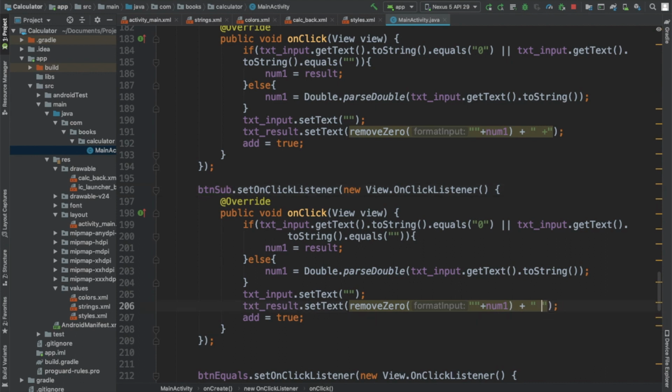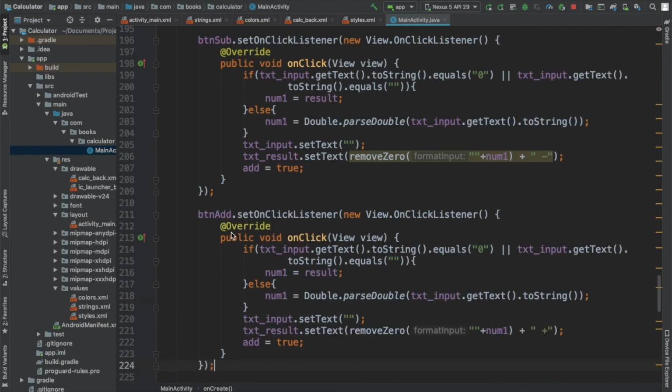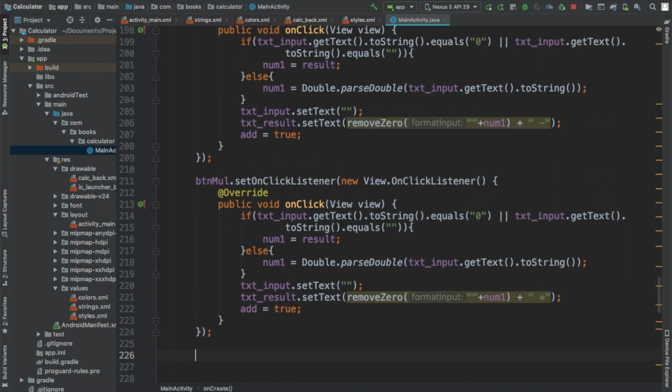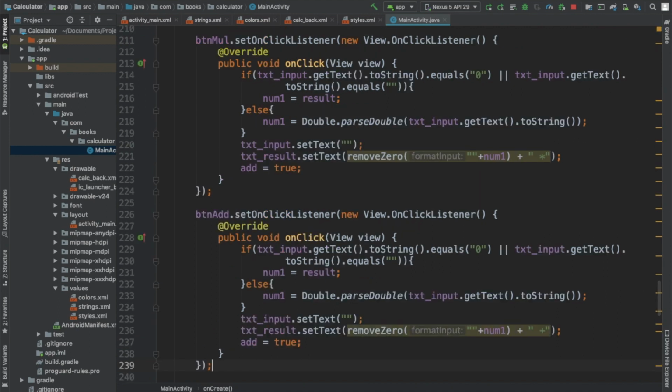This should be minus. I think so. This should be multiplication, and this should be multiplication. Here, and for divide,